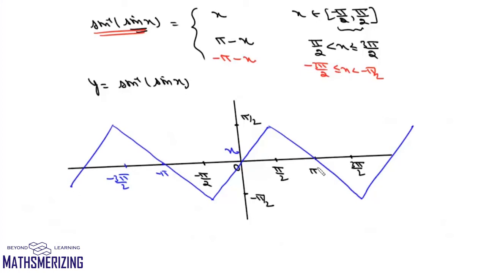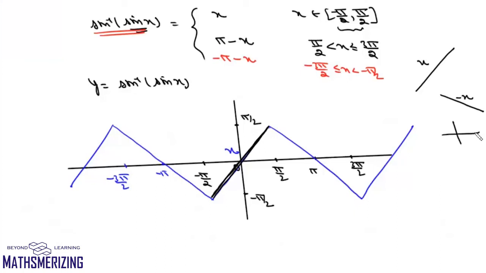Now we should be able to write the definitions also. This line is nothing but the y equals x line. So any line which is inclined this way, its slope will be plus 1, so we'll write plus x. And any line which is inclined at an angle of 135 degrees, its slope will be minus 1, so we'll write minus x.